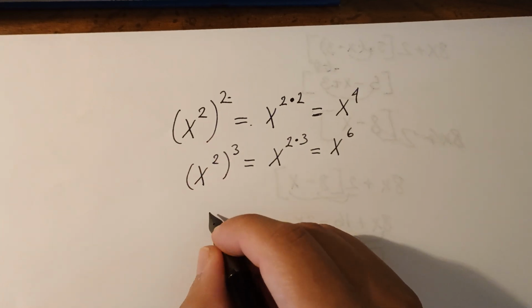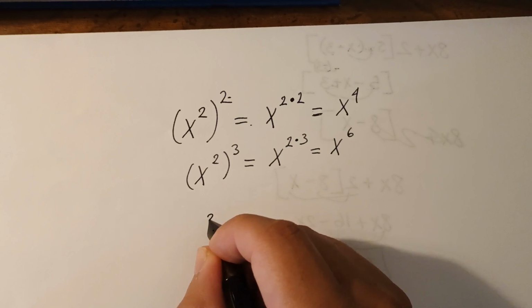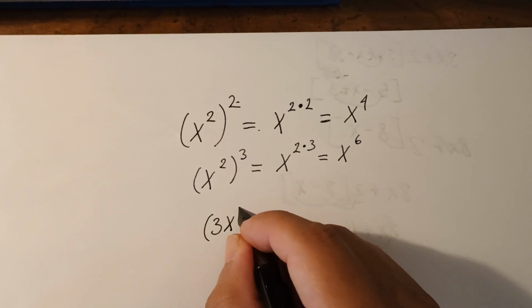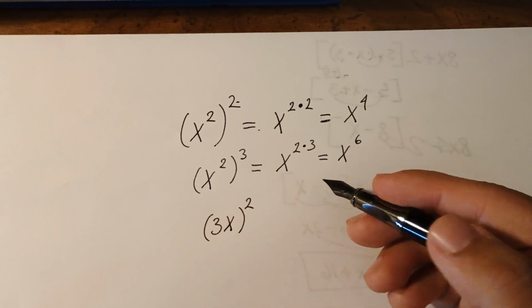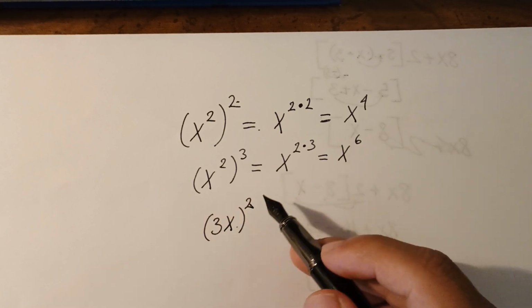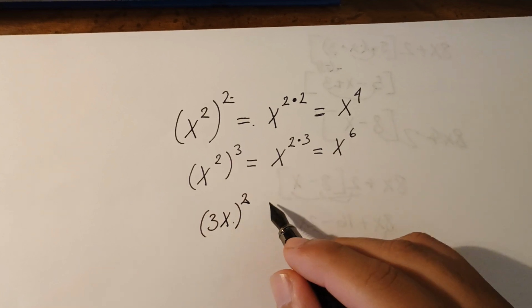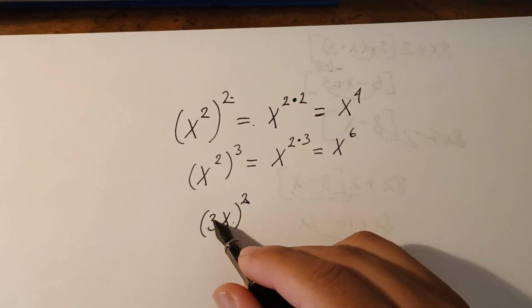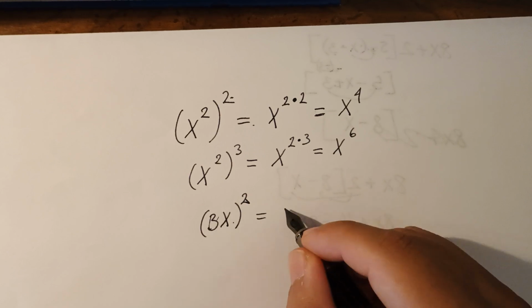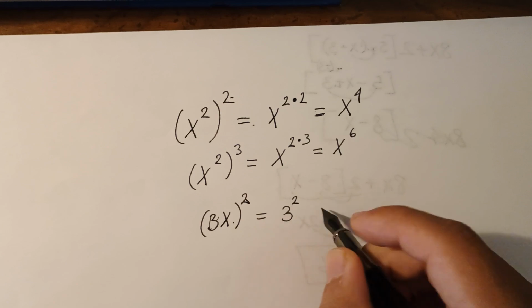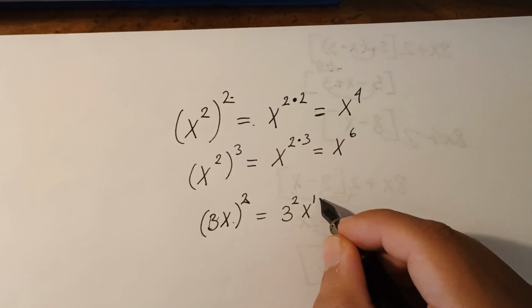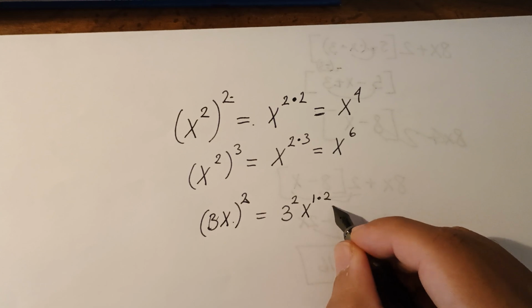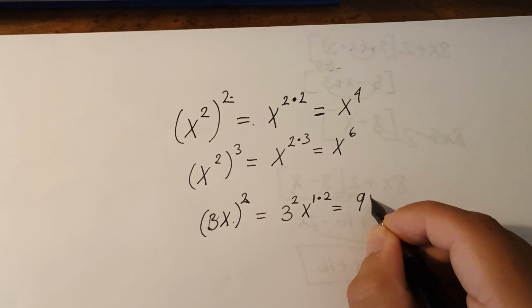If we had a number like 3x squared, we do the same thing, but we also do it with the numbers. So we would have this, and then we can times a 1 there times 2. So we're going to get 9x